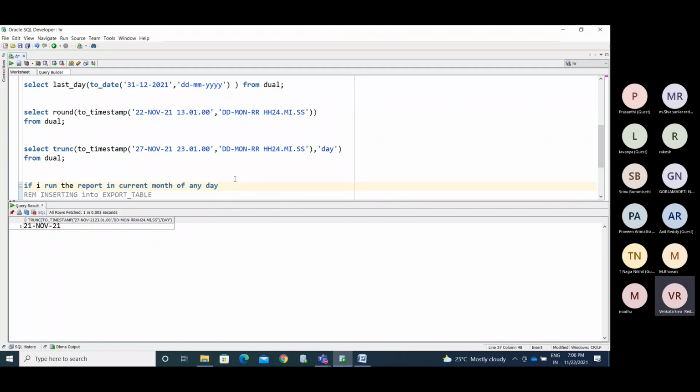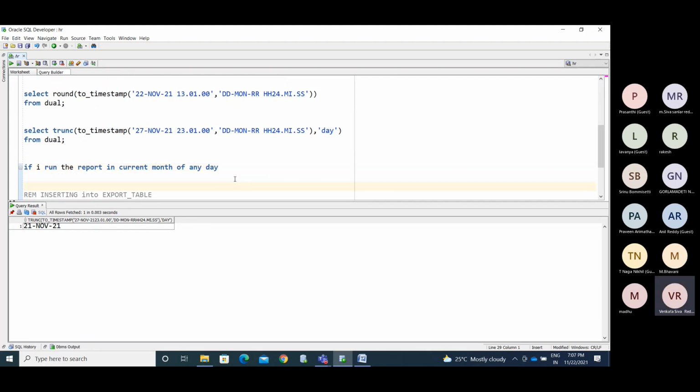You got it? So whatever date you are passing, you need to find the previous month's first day and the previous month's last day. Okay, got it?